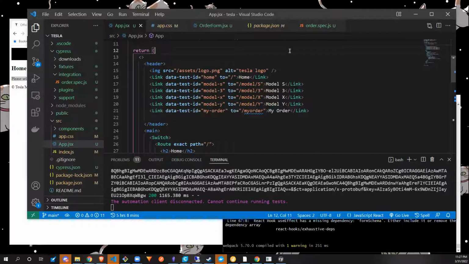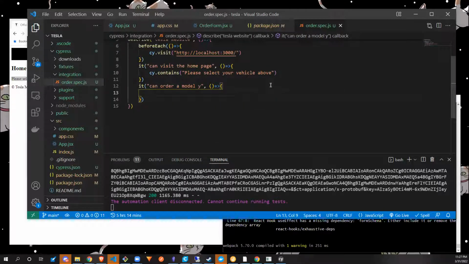So instead of having to get really crazy specific on, you know, an anchor tag that happens to contain this, well, what if there's 5 or 6 links on the page? Well, if you have a data test ID, you can specify that data test ID by doing, say, a cy.get, and then you can put in square brackets, data test ID equals,